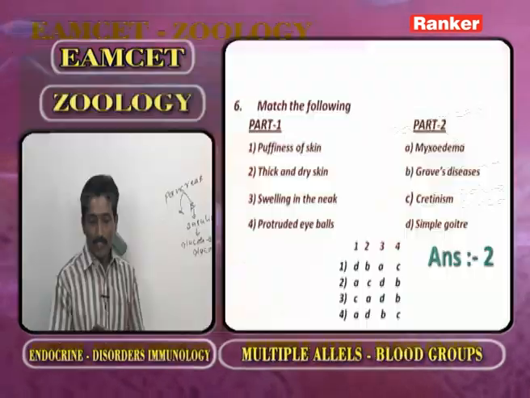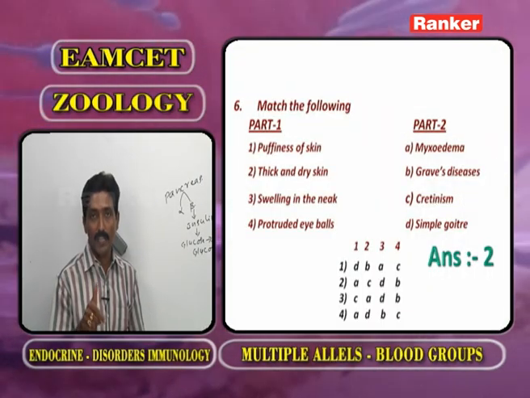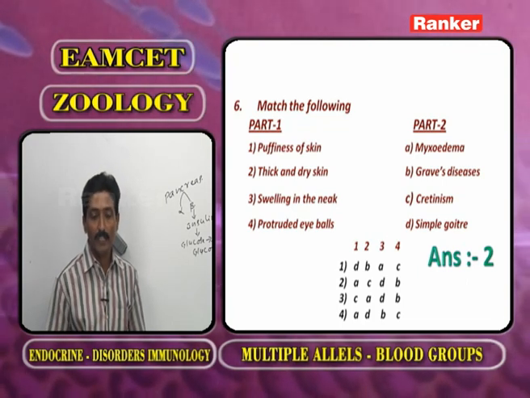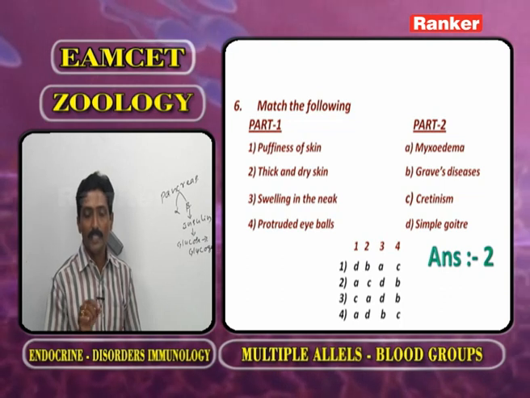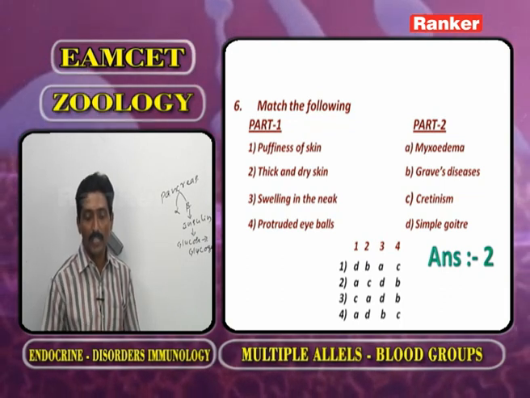Now here, the protruded eyeballs associated with Graves' disease are exophthalmic goiter, swelling in the neck, simple goiter, thick and dry skin, that is cretinism, puffiness of skin, that is myxedema. Now the next question is